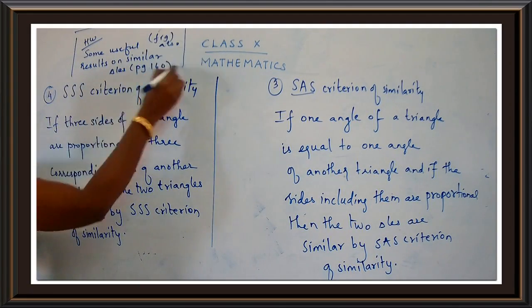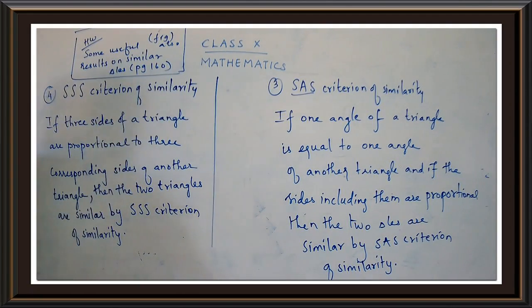Okay, children, now we are going to continue with our exercise 4.1. Come on, let's start with exercise 4.1. You can just continue on the same page. If you have spaces, you can continue, no problem. Just give the heading as exercise 4.1. Take down the first question: check whether the triangles are similar and find the value of x.